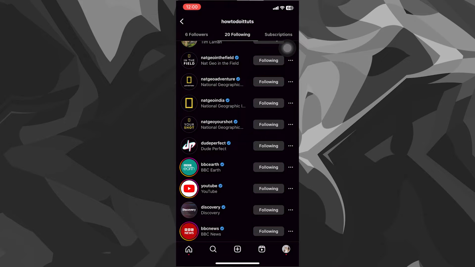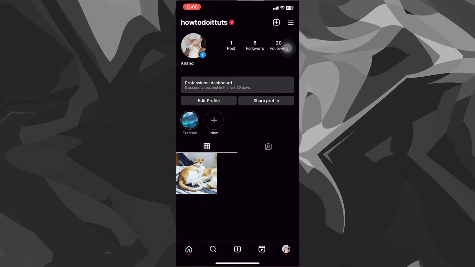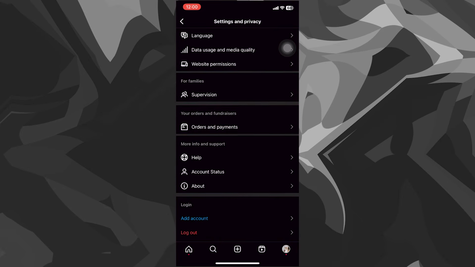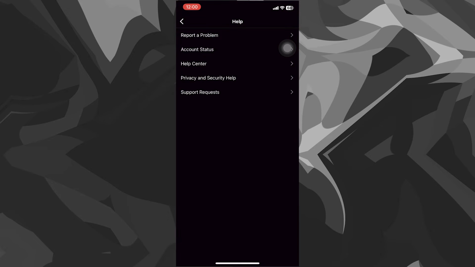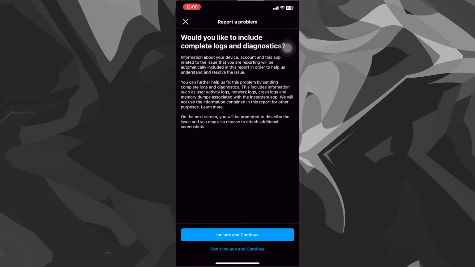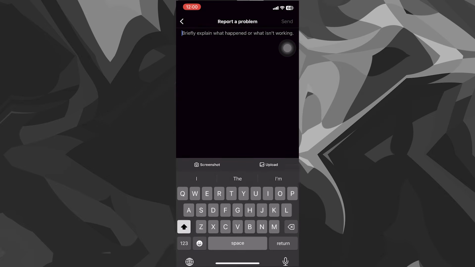This is the method that you want to follow. First thing you want to do is click on your profile again, click on the top right corner, click on settings and privacy, scroll down, click on help, and once you're in here, click on report a problem, and then you can go ahead and click on report a problem without shaking, and under here click on include and continue,